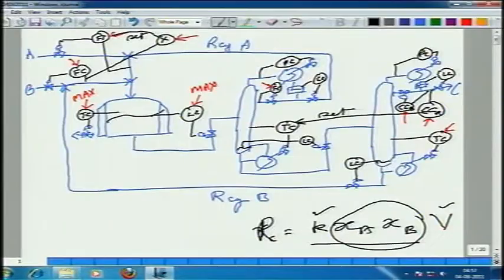So yes, residence time will also decrease. That doesn't matter. Residence time, V is fixed. Look at the expression. V is fixed, K is fixed. Because you are putting in more total A, more total B, it will essentially dilute out the composition of C. XC will go down, XA and XB will go up. So, generation rate of C will go up, even though XC itself has gone down.